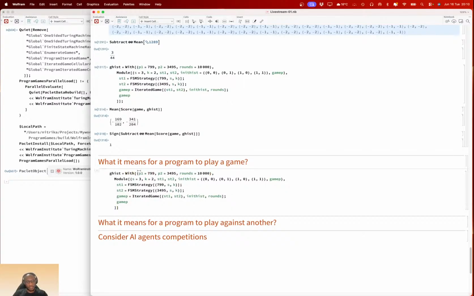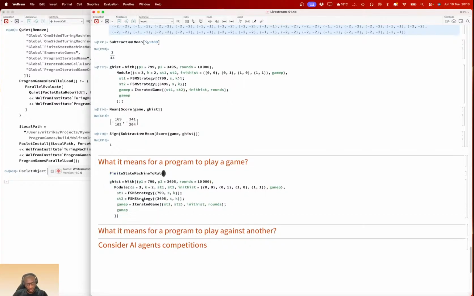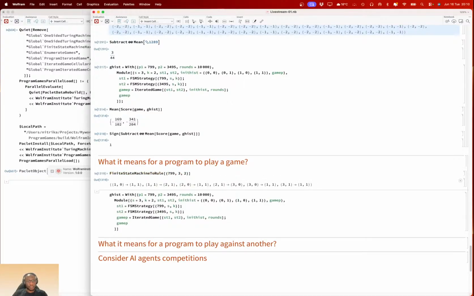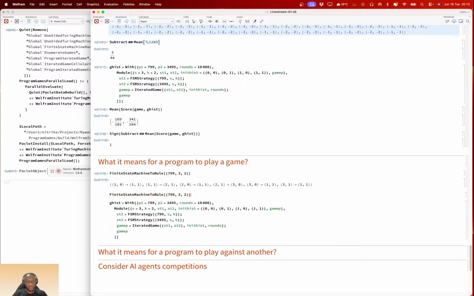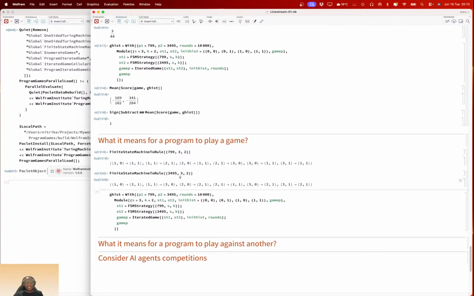You have two programs, which is finite state machine two, and this other program is this guy. And you're asking how does it play a game, right? And to play a game, it just means you take all this stuff we've talked about.